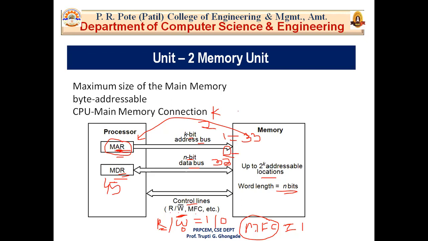Let's see, the processor has to read data from memory. The time from where the processor starts the operation of reading data from memory, that means the processor first loads the address into MAR, then goes to that memory location and reads 33, then memory puts that 33 onto the data lines and sets MFC to 1. This complete cycle is called memory access time. The time required for accessing data from memory is called memory access time.